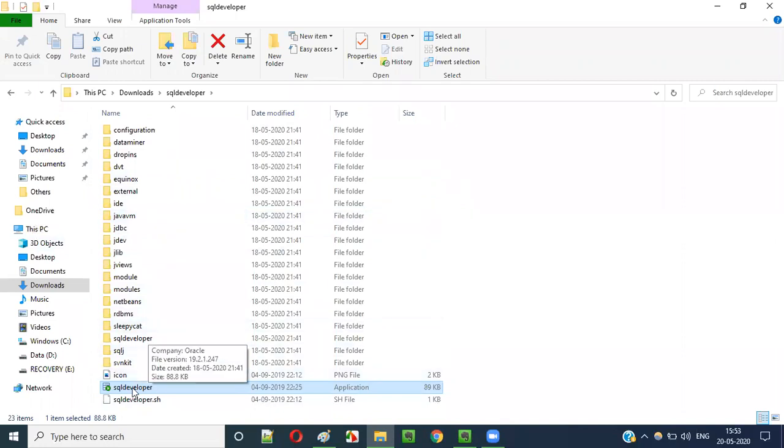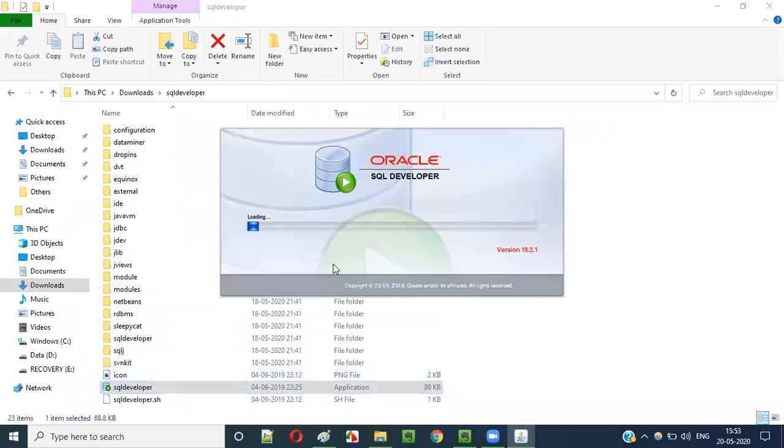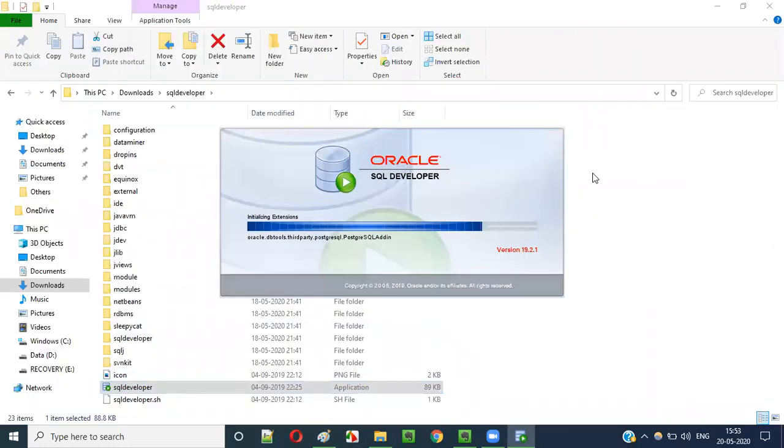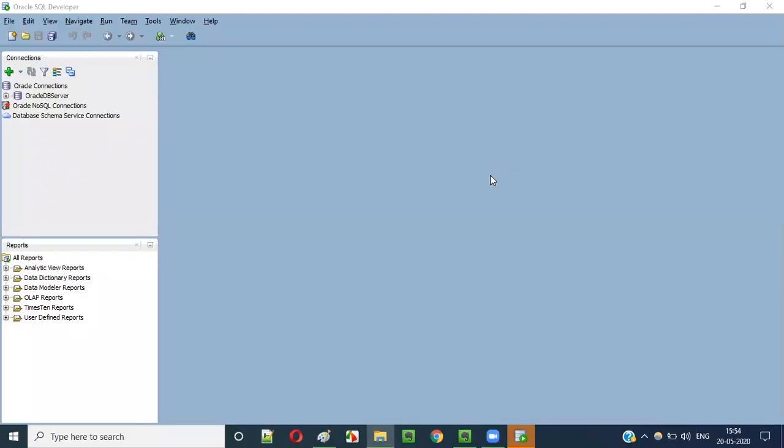When you launch it for the first time, it will ask you to provide the Java path of the JDK home folder. The second time, it will not ask this. In the previous video itself, I launched this SQL Developer client tool and connected to the Oracle 11g server. This Oracle 11g server has databases inside it, and using this SQL Developer client we are going to connect. It is already connected to the Oracle 11g DBs.